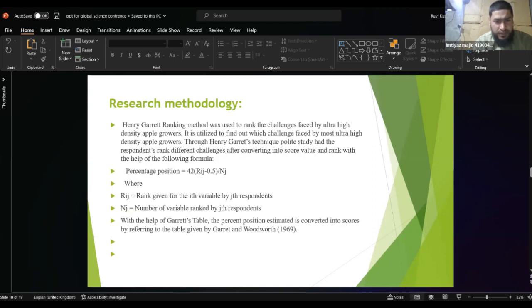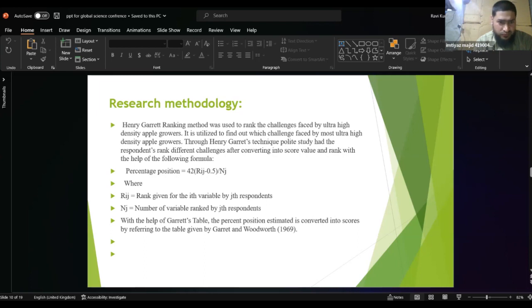Garrett ranking method was used to rank the challenges faced by the ultra high density apple growers. It is utilized to find out which challenge is faced by the most ultra high density growers. Through the Garrett ranking technique, the respondents ranked different challenges, which were converted into score values and ranks